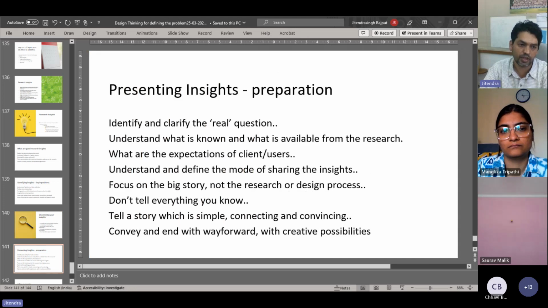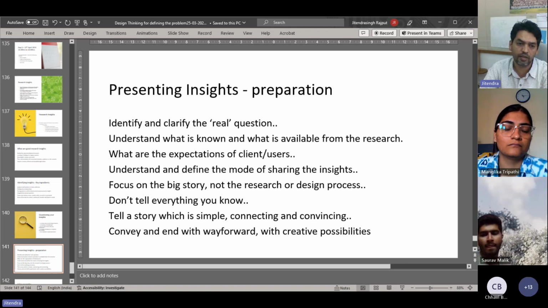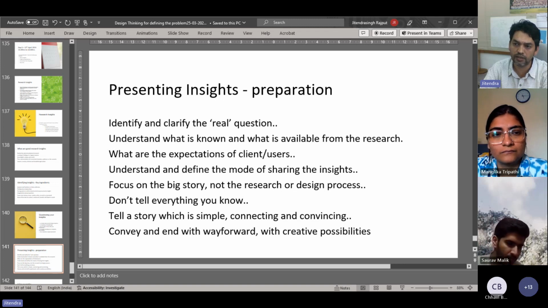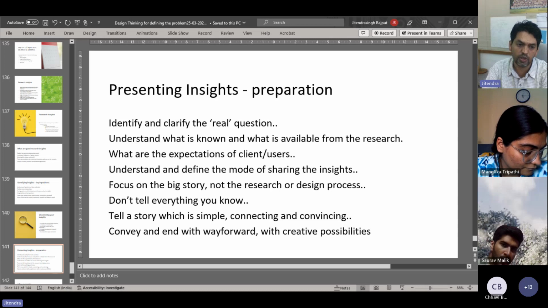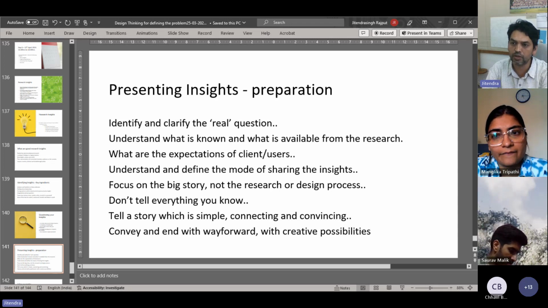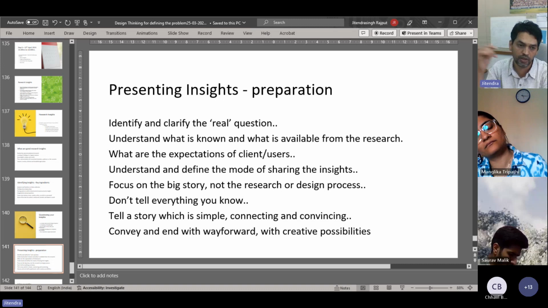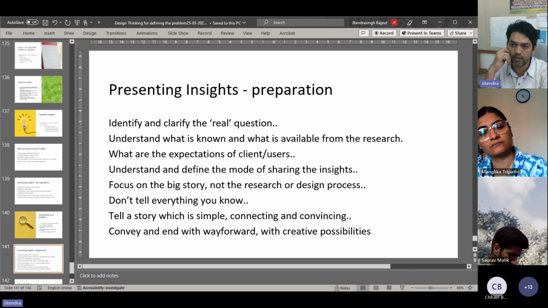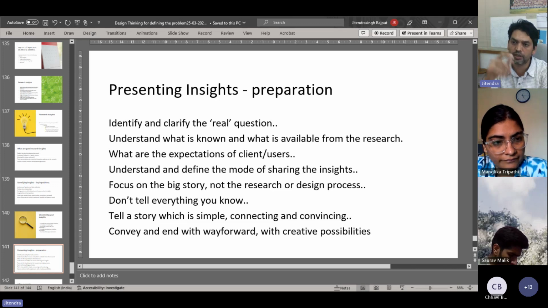And then the last few slides: presenting insights, and how you present it. Because when you have insights and when you have done a presentation right now, similarly, you will have to present your insight multiple times in front of other people who are the stakeholders, maybe your users or decision makers or funding agencies. So present your insights by clearly saying that these are the questions and these are the outcomes. This is where we have got some ideas and we are going forward. So understand what your insight is really going to do with the given situation.